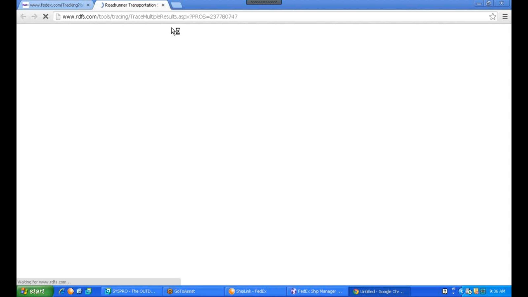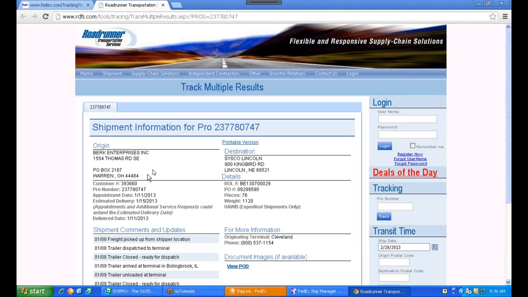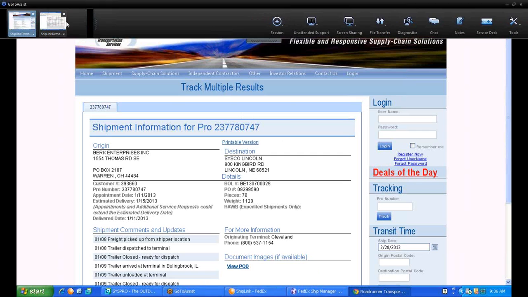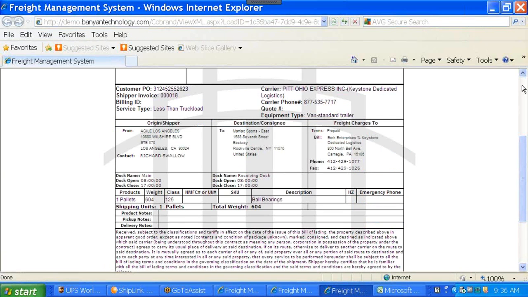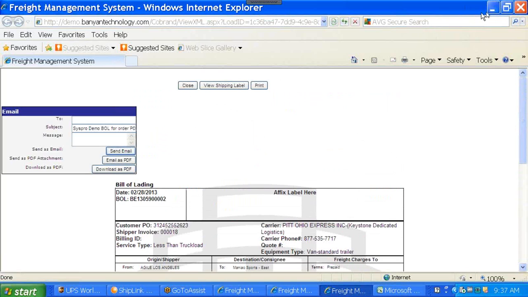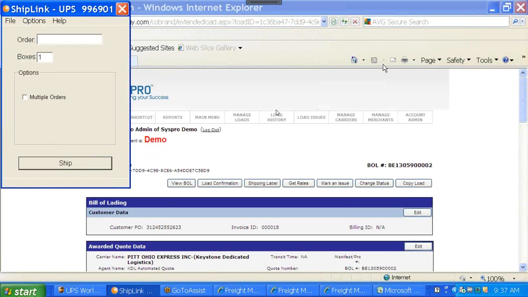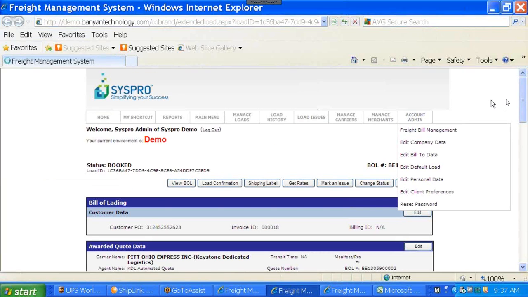And as you can see, it goes to the Roadrunner website and tracks the shipment. So you've got real-time integration, real-time tracking. I'm not going to go too deep into the LTL management features, but this gives the type of true freight management that companies that are only shipping very high volume can take advantage of. And we're now bringing this to give you the ability to,